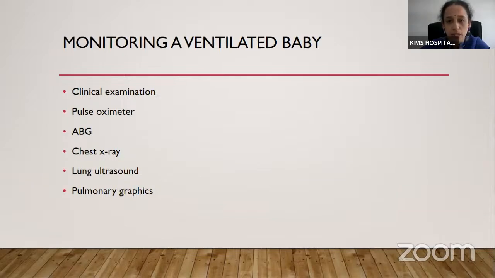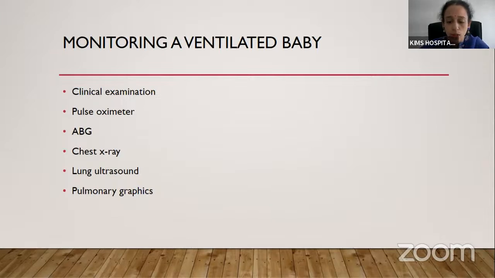Then chest X-rays. These also can be done whenever indicated. So in the chest X-ray, what we'll be seeing is the lung expansion and any pulmonary edema, pneumothorax or effusion or consolidation, collapse, all this information we can get from the chest X-ray. Lung ultrasound is also an upcoming branch of point of care ultrasound, in which we can see the same findings like consolidation, effusion, TTNB, pneumothorax, everything can be confirmed in the lung